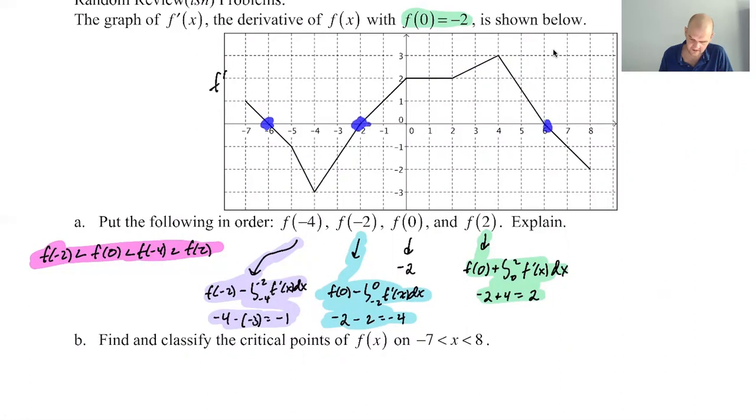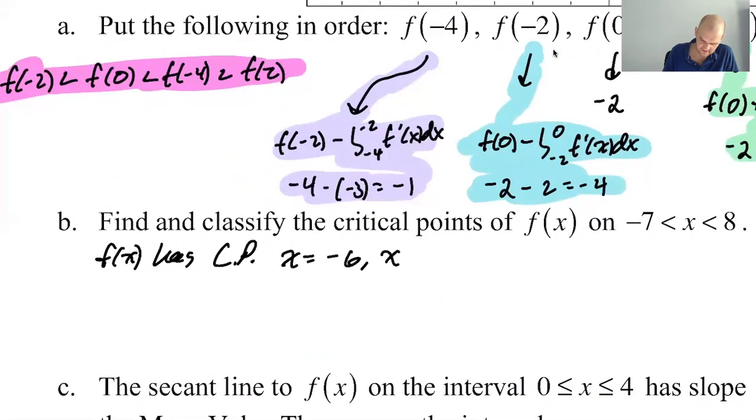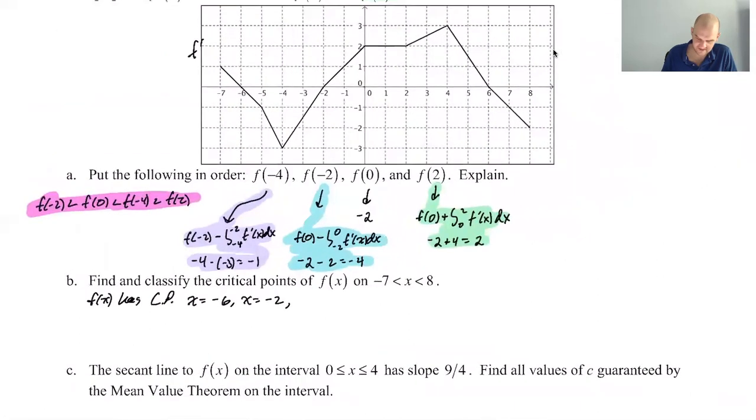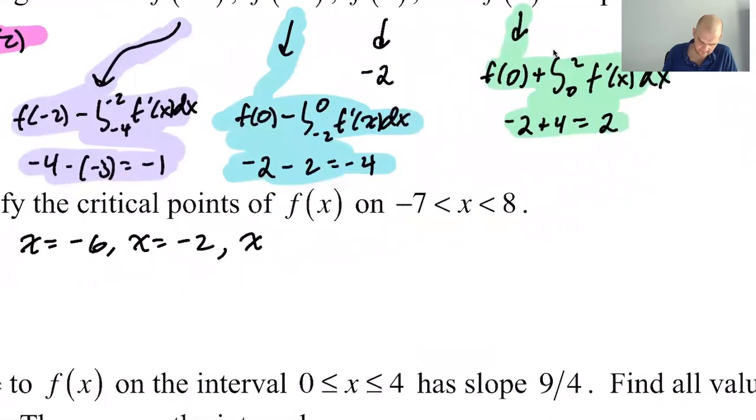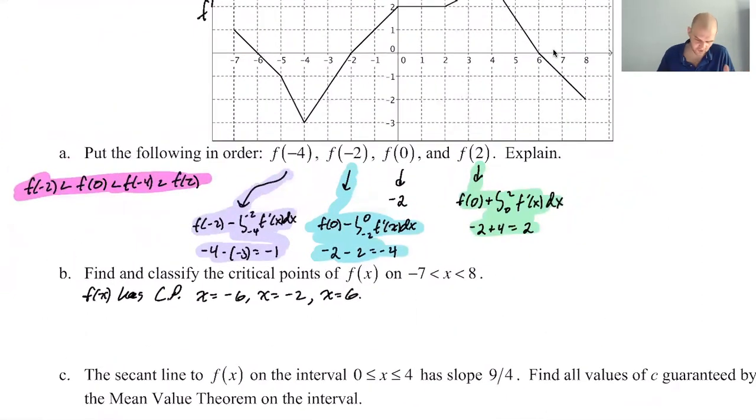-6, -2, and 6 are our critical points, so let's write those down. f of x has critical points -6, -2, and 6. Okay, now when you write your explanation, you want to group them so you don't